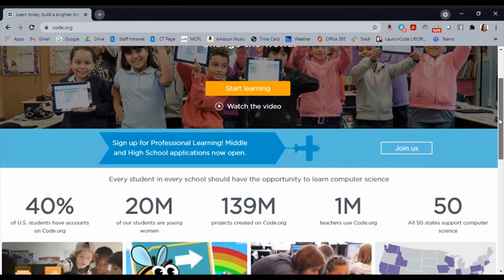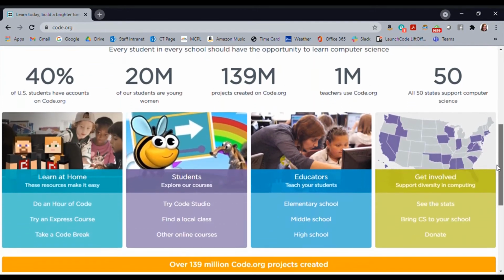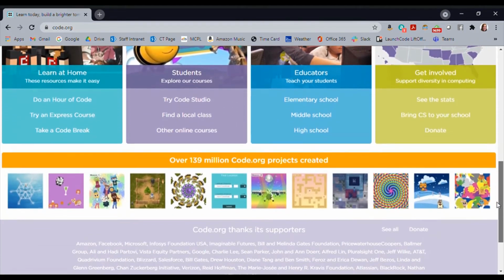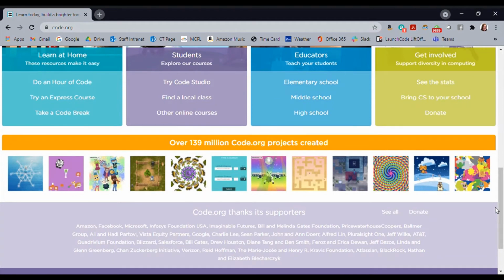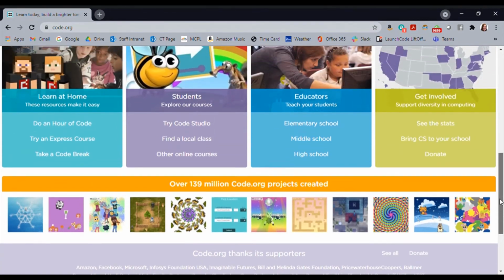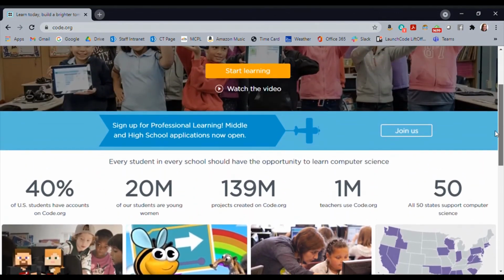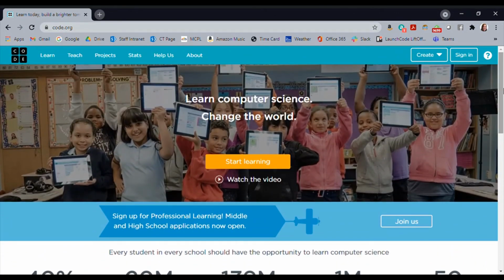The big thing that a lot of people may hopefully have heard of is Hour of Code. They are the ones who create the projects for Hour of Code, which I think is really cool. There are tons of local businesses that then use Hour of Code as part of their initiatives. I know VMLYNR recently did an Hour of Code event, probably a couple months ago, I think, at this point,